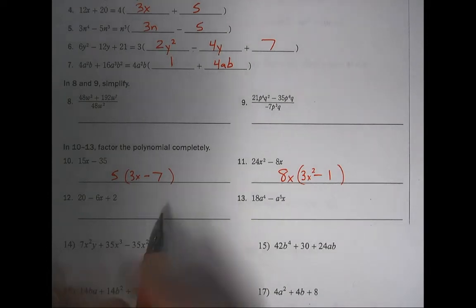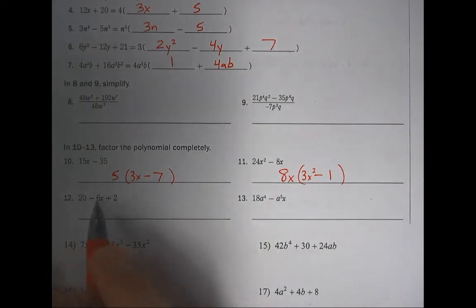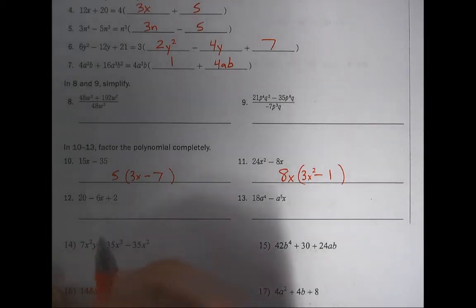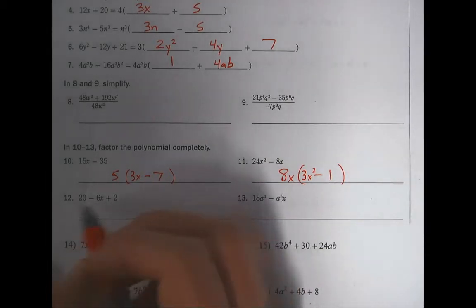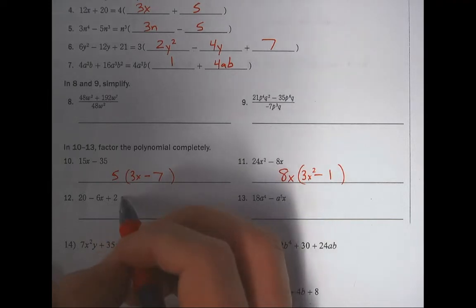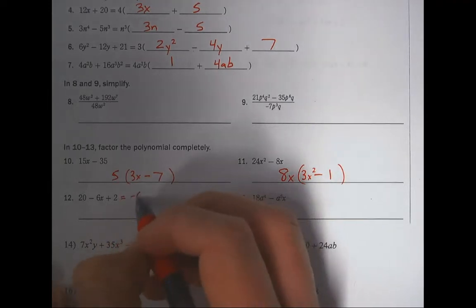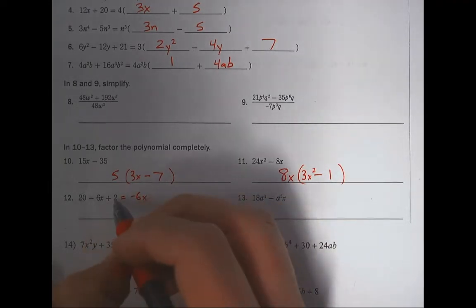All right, number 12. Notice that this can be simplified right now. So before you start trying to factor anything out, you should simplify it. The 20 and the 2, there's no reason for them to be separate. Those can go together. So we're going to leave the negative 6x, but 20 plus 2